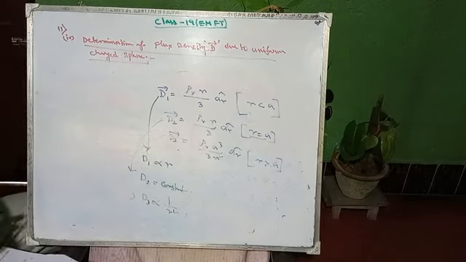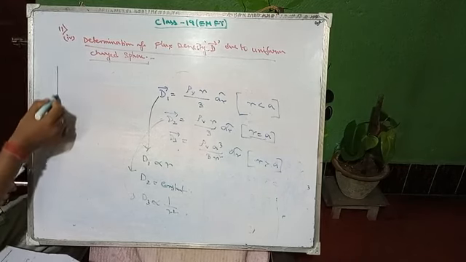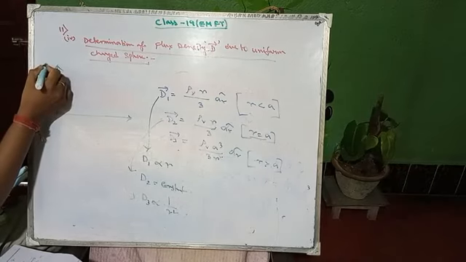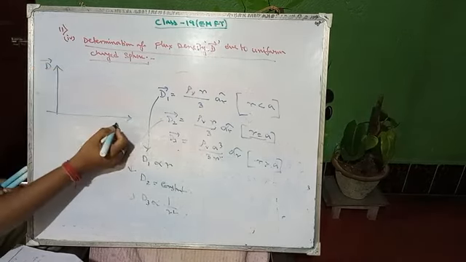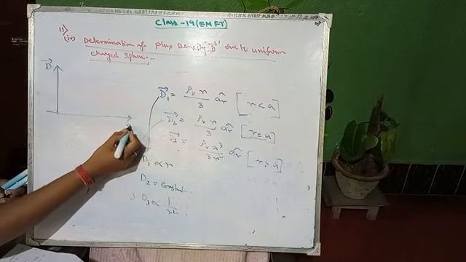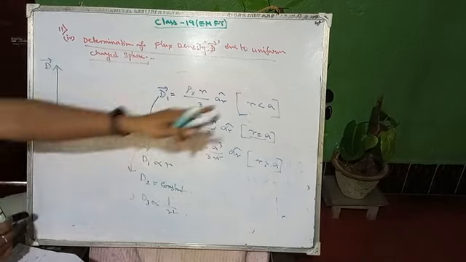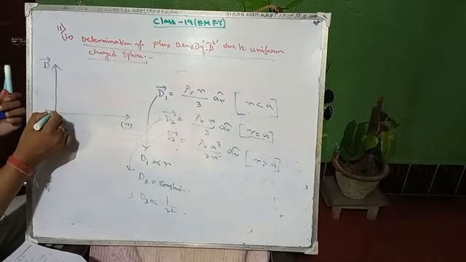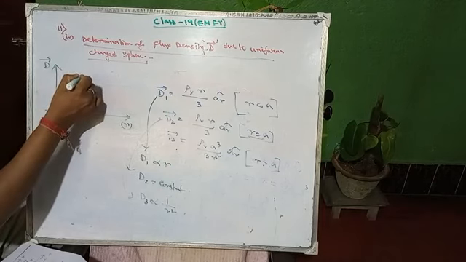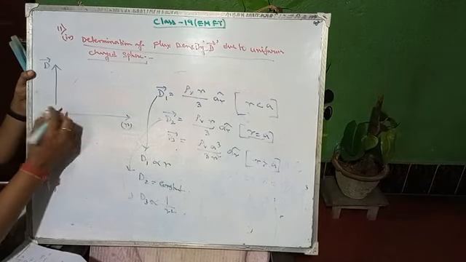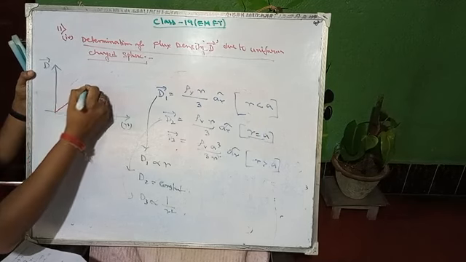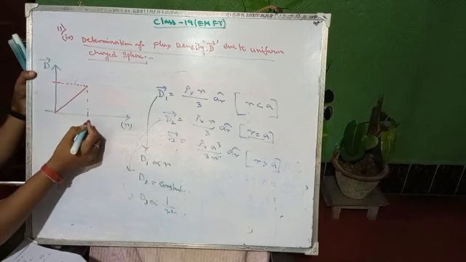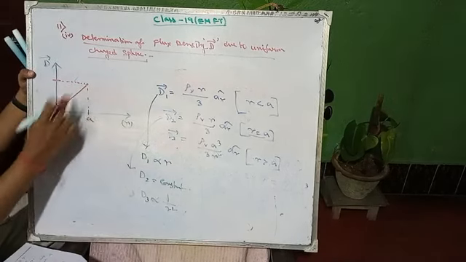Now if we compute it graphically, suppose this is the flux density D, and this is r, the radial distance. When r is less than a, D is directly proportional to r. It is a straight line. It will have the maximum value when r equals a. Up to a, this is proportional.